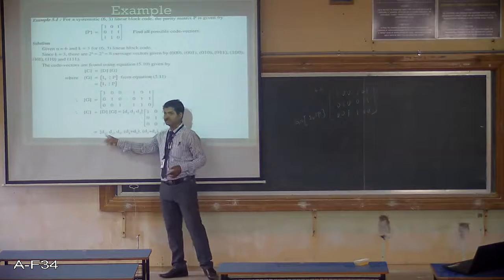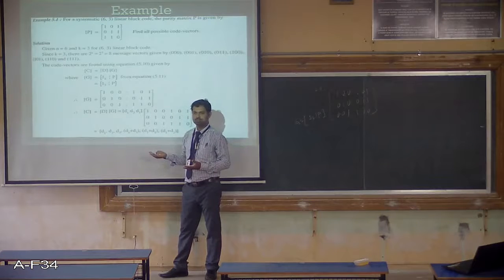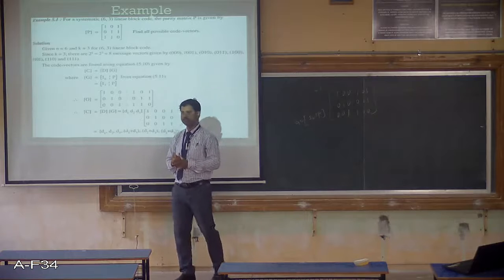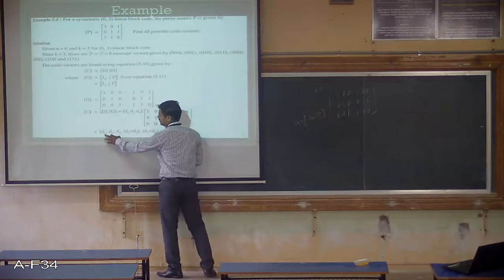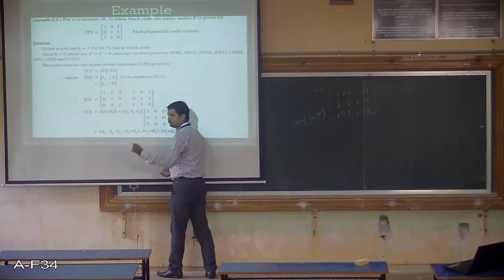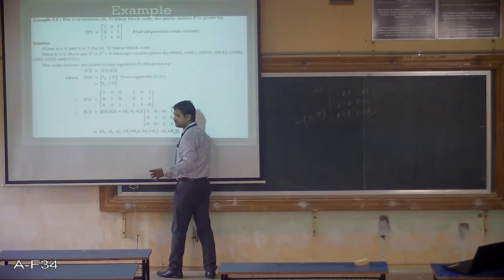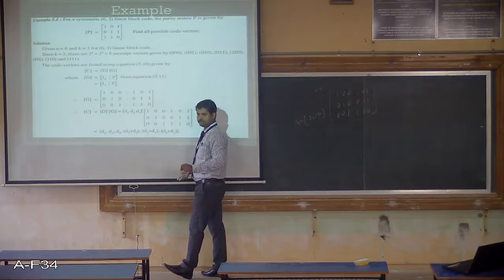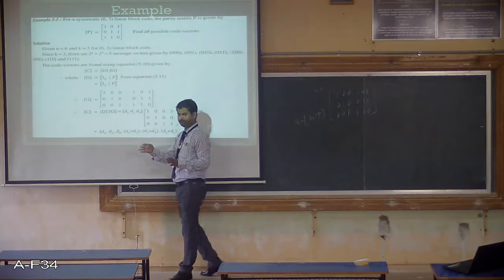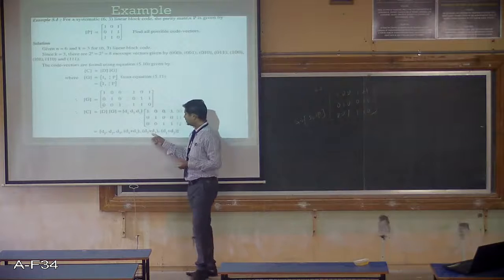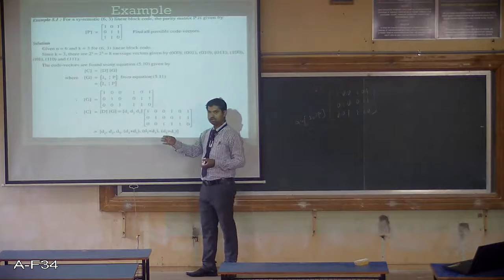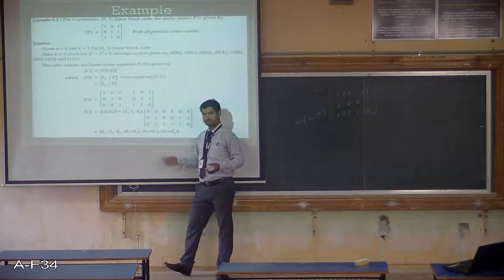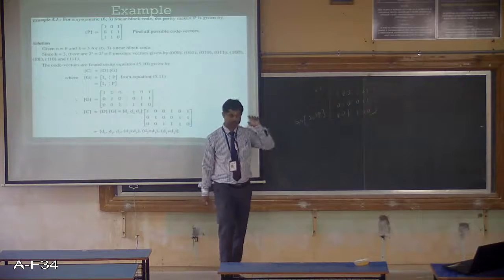This is what you can call an equation also, right? In that form you can just keep on adding. Do the mod 2 addition. Logical addition, not arithmetic. The first bit of the code word is the same as D1, the second bit the same as D2, the third bit of the code word is the same as D3. Whereas the fourth is D1 plus D3 in this problem, because the pattern of the parity matrix is like that. This is the next bit, this is the next bit. So what is the length of the code word? 1, 2, 3, 4, 5, 6. Okay, it is a 6 comma 3 code, right?